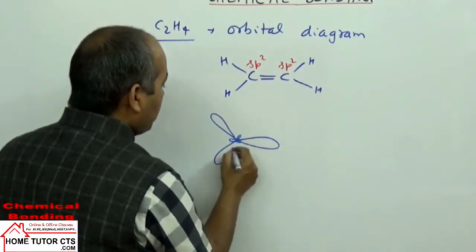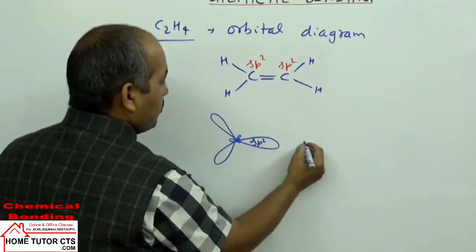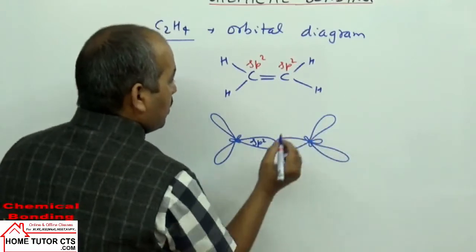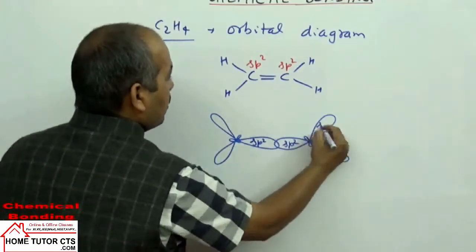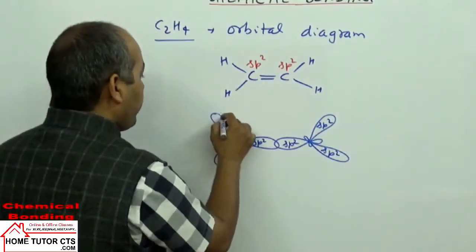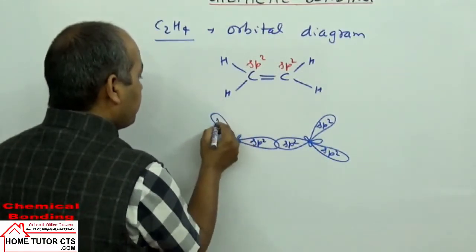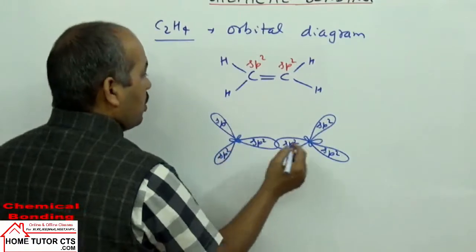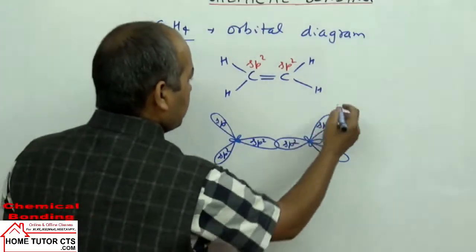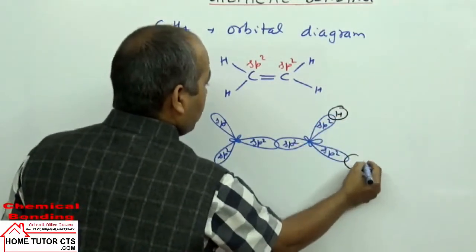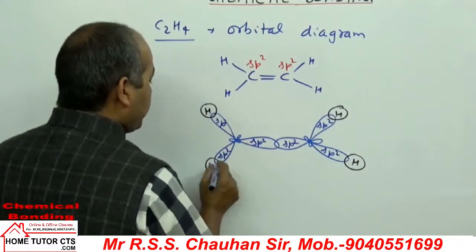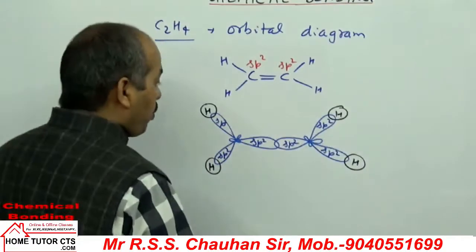having sp2 three lobes. Second carbon atom, sp2 orbitals. This sp2 orbital overlaps with hydrogen's s orbitals to form a sigma bond. It is an sp2-s sigma bond, and then